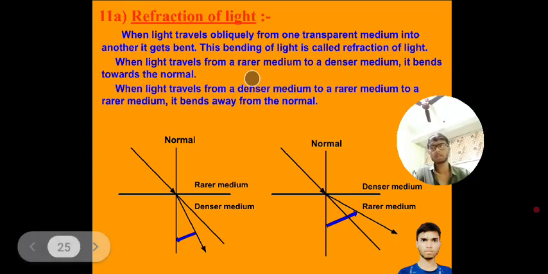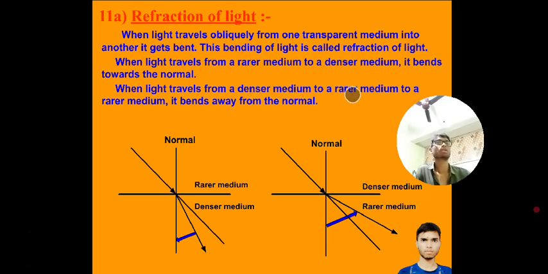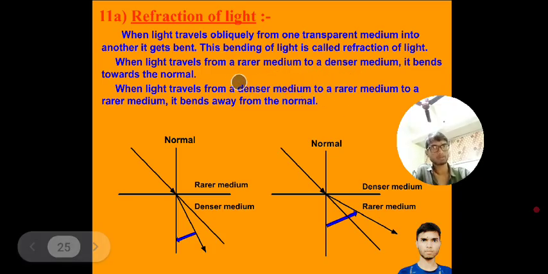When light travels from a rare medium to a denser medium, we will see. A rare medium has less density, and the speed of light would be more in it, and in a denser medium, the speed of light would be less. This is the meaning of a rare medium and a denser medium. It bends towards the normal,